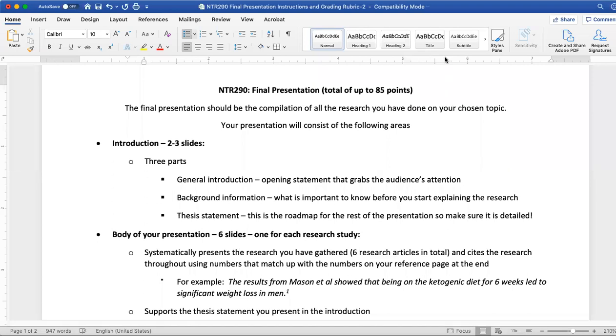Your final presentation for this class is similar to writing a final paper for maybe another class. So it's really the compilation of everything that we've done this semester in terms of your research project. So consider each discussion board that we've done, your research check-in number 1, your peer review of the research table that you did for research check-in number 2, and then ultimately this puts together the 6 articles that you've decided on and really helps you answer your research question with your thesis statement, but defends ultimately why you came to